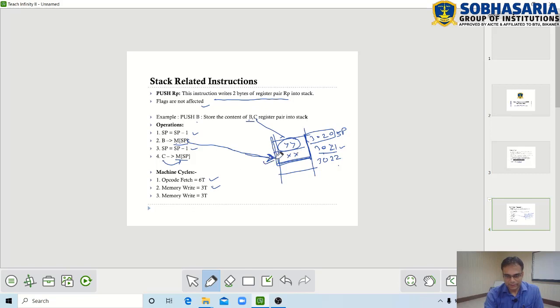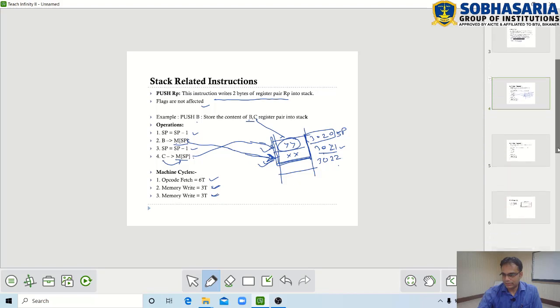Then another memory write for writing the data from C to this memory location, which also requires 3 T states. So this is how push operation is used in microprocessor 8085, where push operation stores 2 bytes in the memory segment, which is nothing but a stack, right? We will see this operation in detail later on.